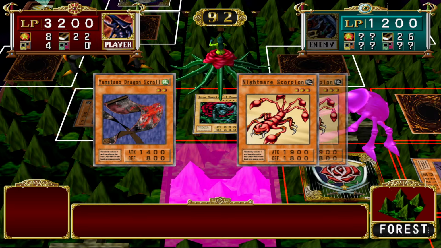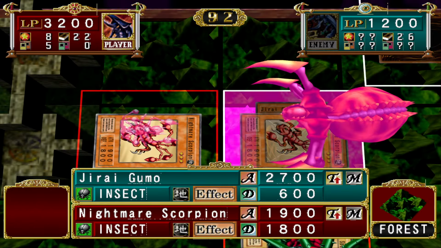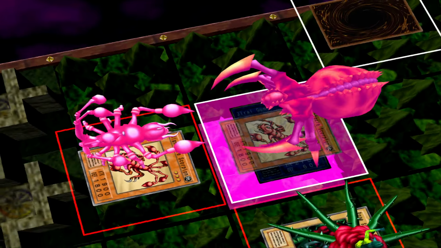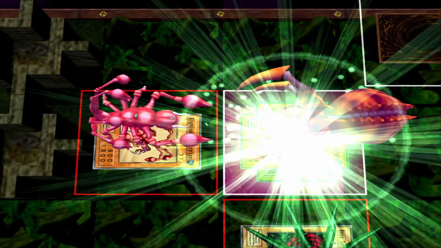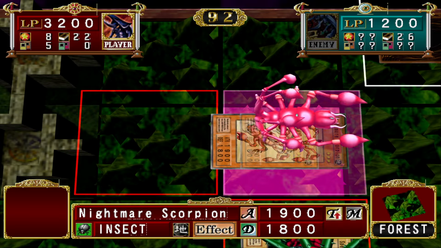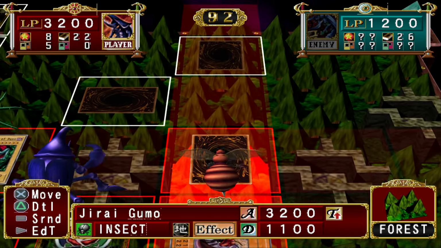This Yamatana Dragon is getting less and less useful by the duel, but still one of the cheap cards, so it's not going yet. Nightmare Scorpion's not that useful because it only stuns for like 1 turn, but...